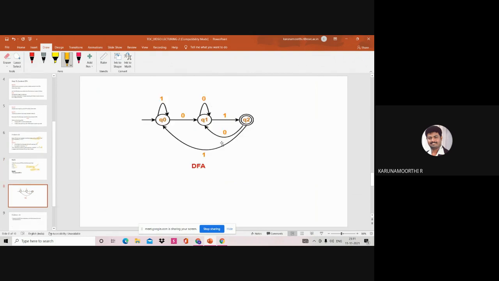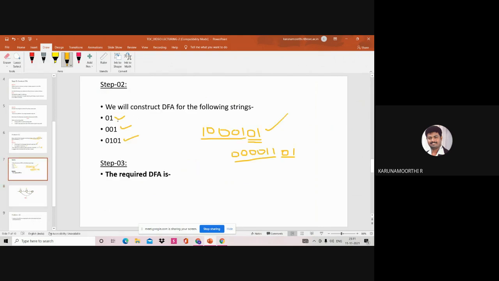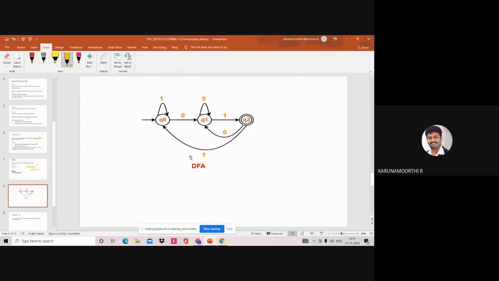So this is the DFA. Here, listen, the first thing is 0, 1. For that, how to draw the diagram? First, we can draw it like this. What is the first thing? 0, 1. How many states do I need? 3 states. Q naught,